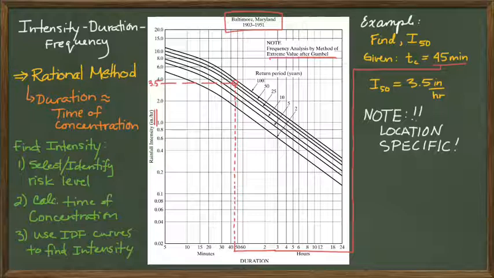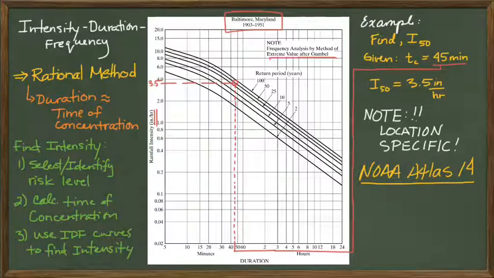And what do I mean by national data sets? Well, one of the national data sets that is most common is the NOAA Atlas 14. You can Google that and go to their website. NOAA Atlas 14 has a very nice interactive map for several of the states in the United States, and it provides you with DDF maps if you want, or you can also use the DDF maps where you zoom into a specific location and have it give you the IDF curves for your site. So NOAA Atlas 14 is very, very nicely done.